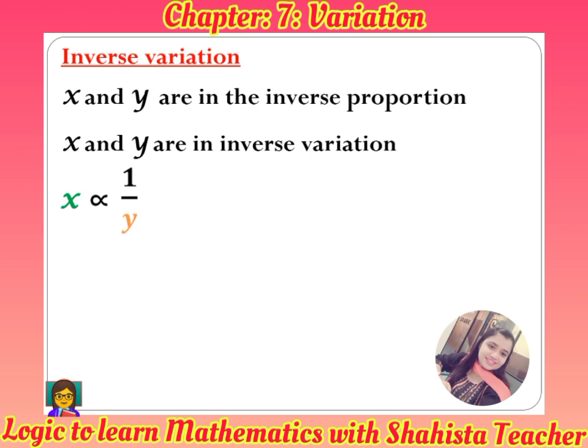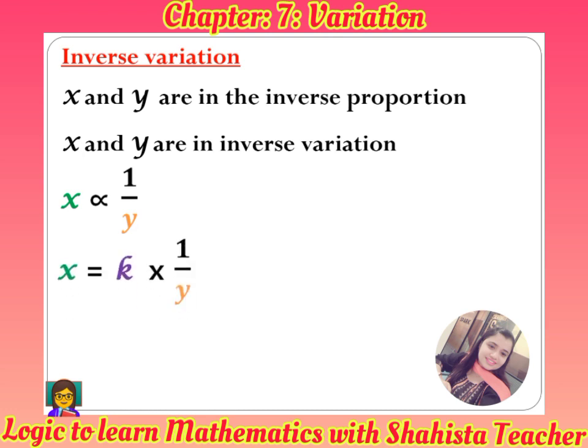Whenever there is an equal to sign, at that time we have to do the cross multiplication. Now in the place of inverse we will put an equal to sign. So x is equal to 1 upon y. That means y will multiply by x. So k is equal to x multiplied by y. This you have to remember. Inverse variation means x inversely varies as 1 upon y. Here x and y are two quantities where x is increasing and y is decreasing, and vice versa. That means if y increases, x decreases. If x increases, y decreases. This you have to remember.